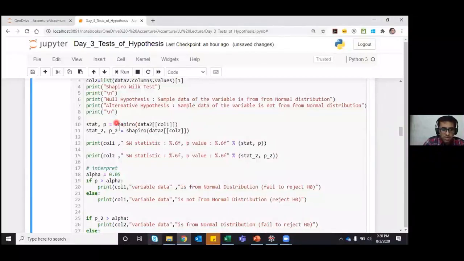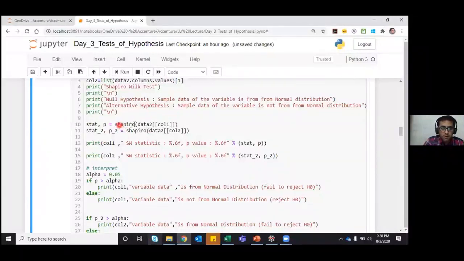The syntax for using the Shapiro-Wilk test is Shapiro, as I have defined here, and specify the column within that. Again, as we did in the Kolmogorov-Smirnov or KS test, we have to perform the normality test on each of the columns that we have.